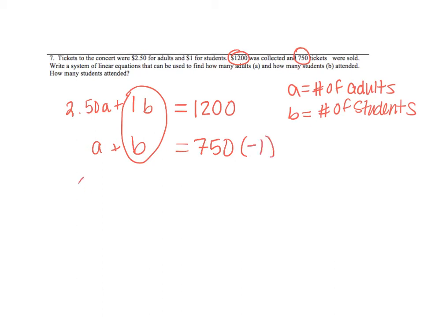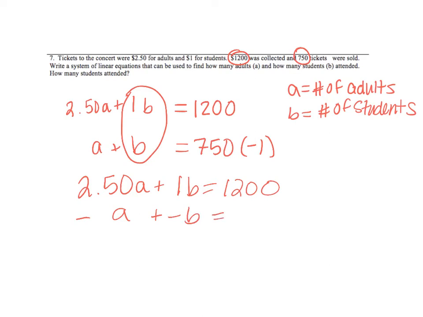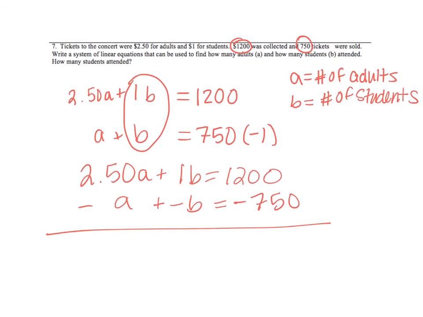So I'm going to copy my first equation down. It'll be 2.5a plus 1b equals 1,200. And the second equation is -a plus -b equals -750. Then I will add both of these equations,